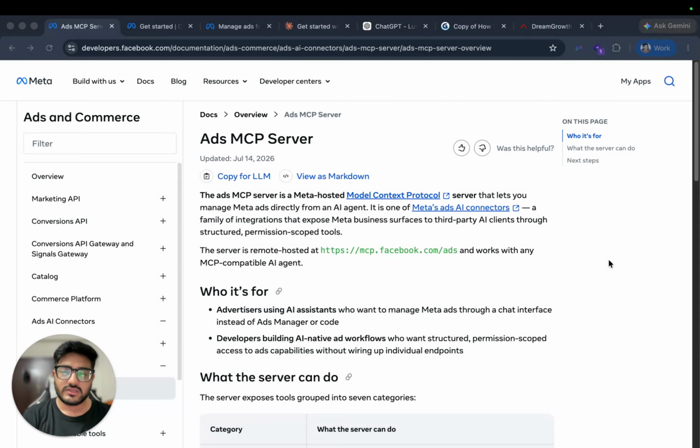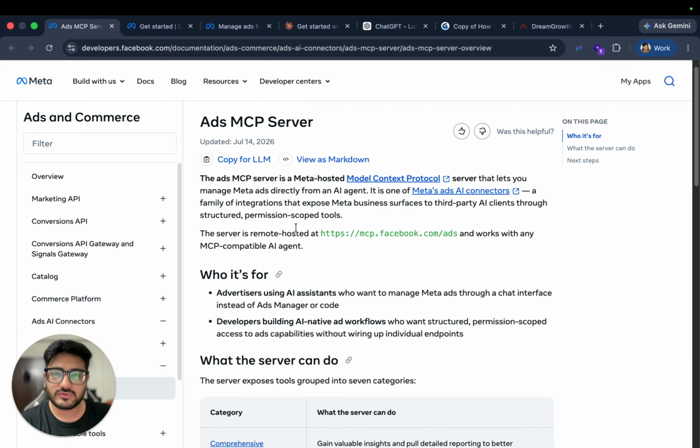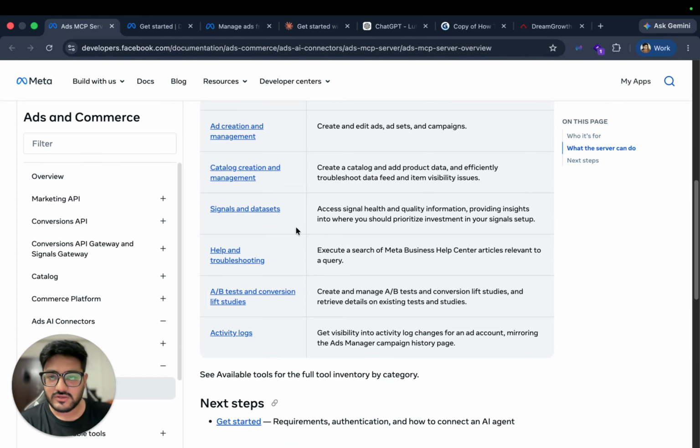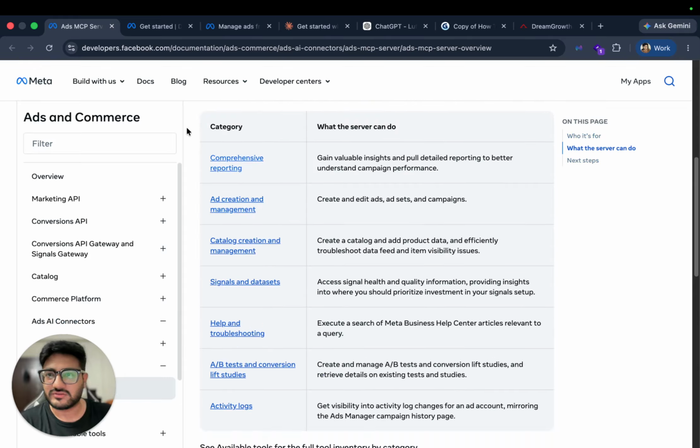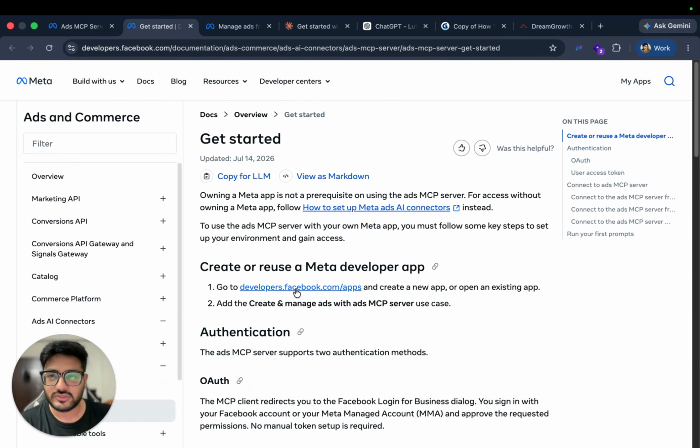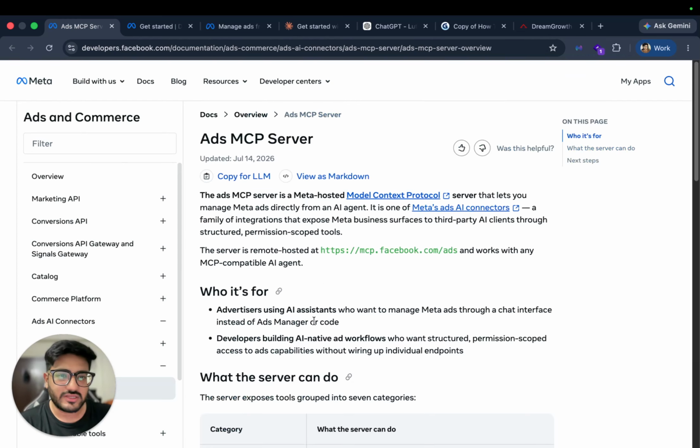Meta Ads MCP server. This was just launched, I think yesterday. I just got an email from Meta that it has been made available, and I was just setting it up, so I thought, okay, why not film a video for you guys? To all those people who don't want to read these articles and go through these developer jargons, and just set it up very easily. So I filmed this video and I have a very easy method instead of the developer method that they have listed over here. So there's a very easy and simple effective method for you to set up the MCP server